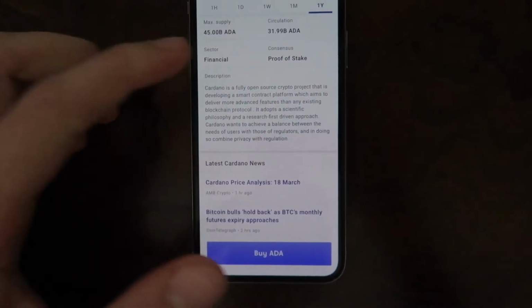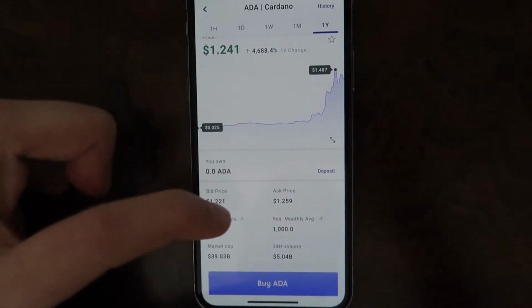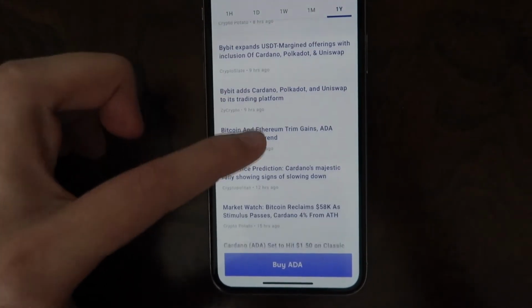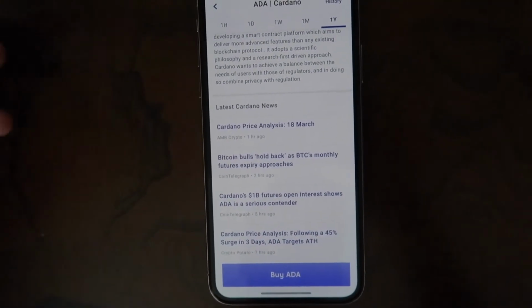So, maybe this could be the reason why it's blowing up. Then again, I don't know much what's going on. It's already up 4,000%. That is actually insane. And if you guys keep scrolling down, it shows you guys some articles, latest news about Cardano or the currency you guys are looking to